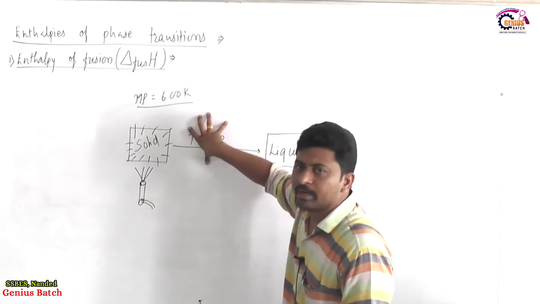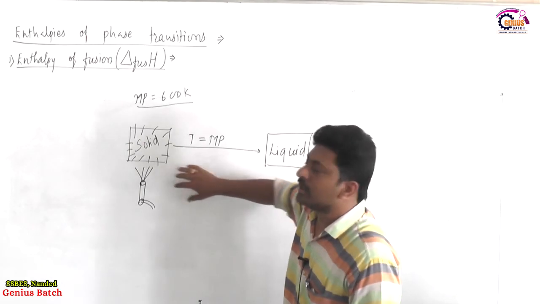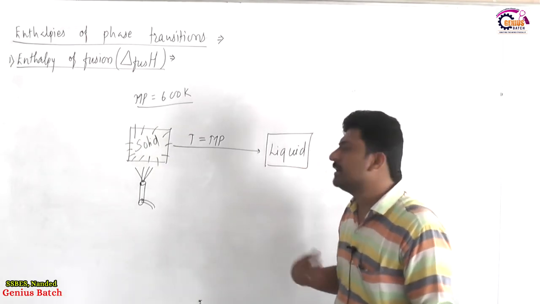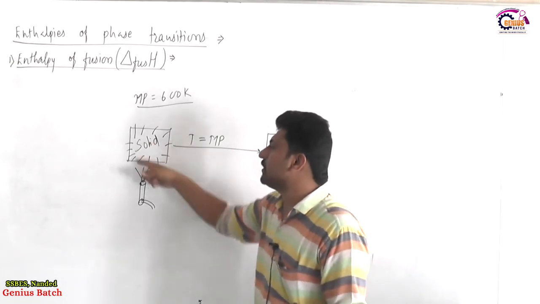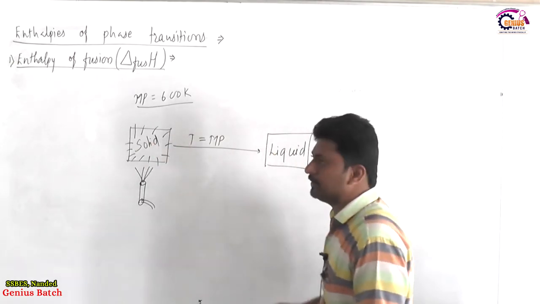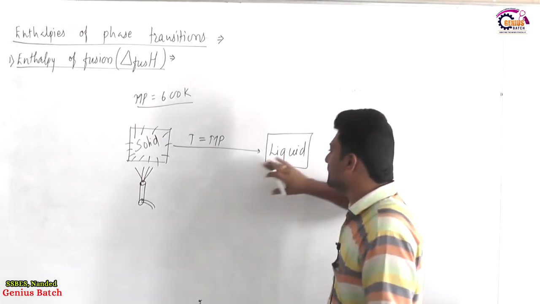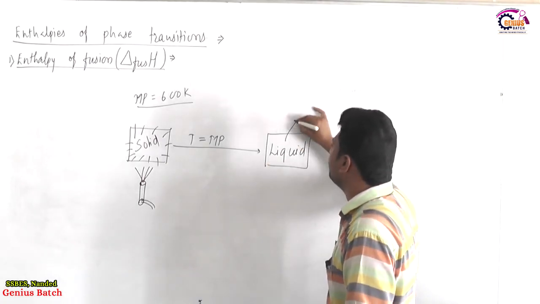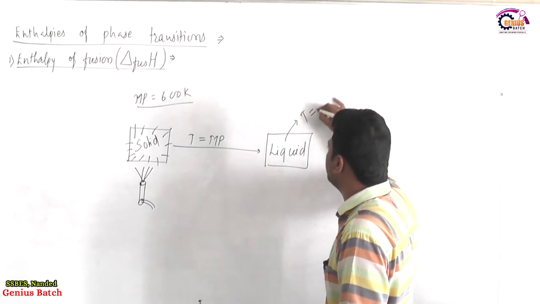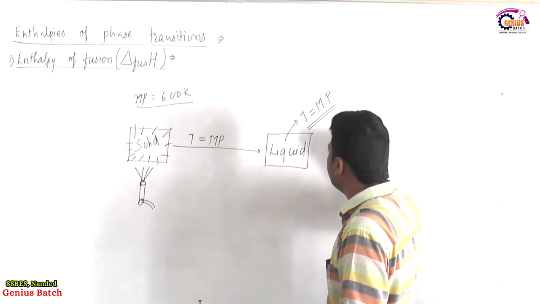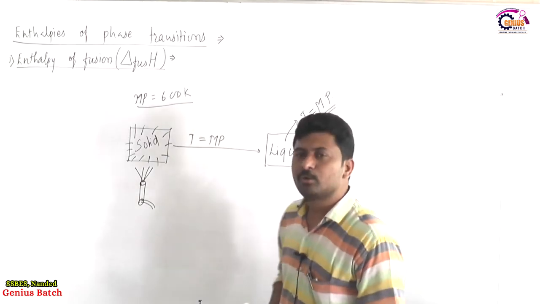At the melting point this solid starts to convert into the liquid mass, and the process will continue as long as the entire solid is converted into liquid. And at the end, when the entire solid mass is converted into liquid, if we analyze the temperature of the liquid mass, then its temperature will again be equal to the melting point of that object.